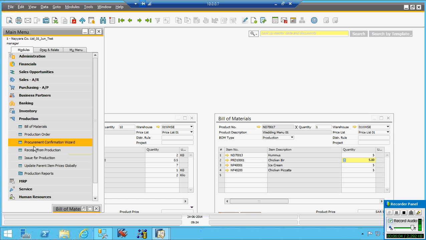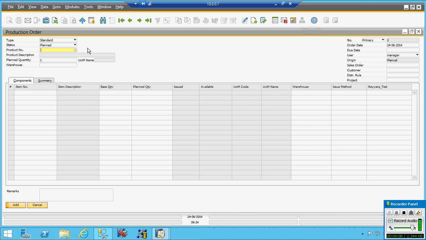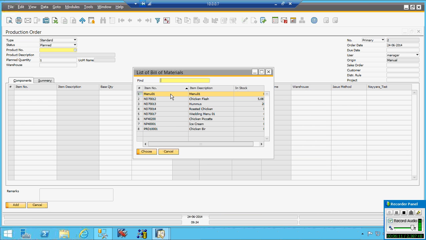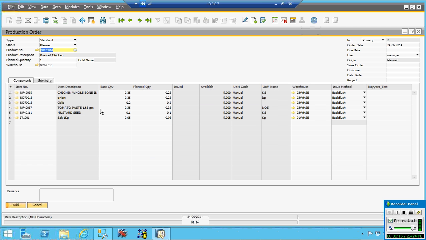if I go to production and tell the system I want to prepare roasted chicken. Now for 20, the same what we have created. See, 5, 10, 50. Now I can say I want to prepare only 1 chicken. Roasted chicken. The system will give you for 1 roasted chicken this is that. So now here you can say number of persons, say 100%. Fine.